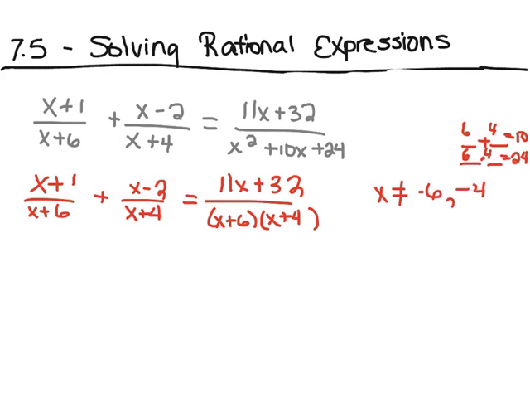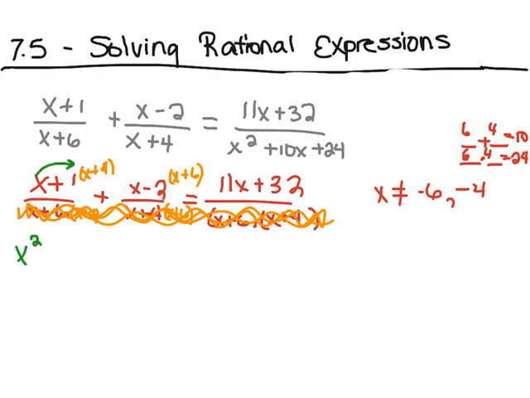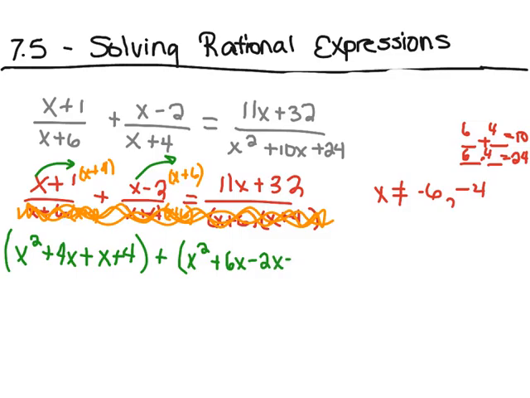We're going to multiply to make our denominators the same, so this side will multiply by x plus 4. This side will multiply by x plus 6. And the last one is good. All of our denominators are the same. Cancel them out. So we should be left with, we're going to distribute, so x squared plus 4x plus x plus 4 plus x squared plus 6x minus 2x minus 12, which should equal